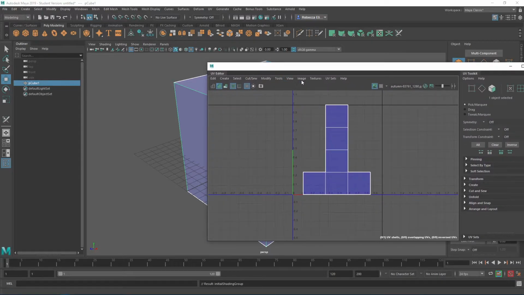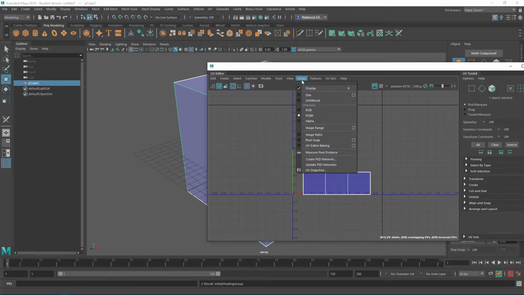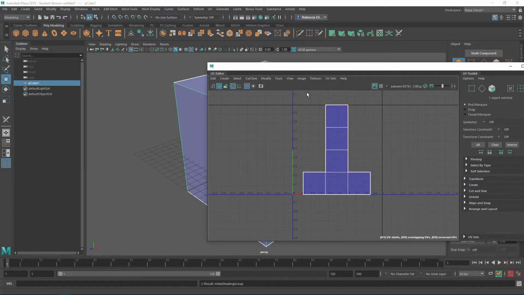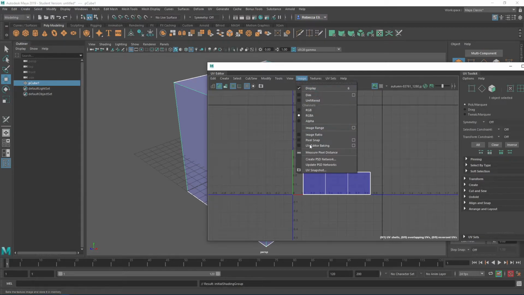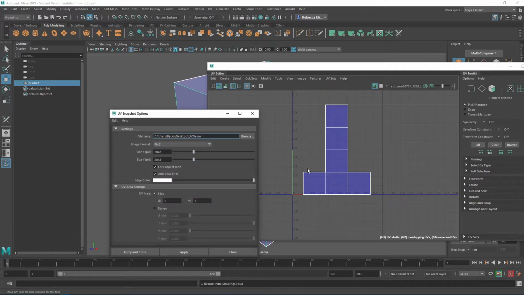In the UV editor, up on the main menu bar, you do have an option called Image. I'll show you PSD at a later point, but the one for more generic editing is called the UV Snapshot. What the UV Snapshot is going to do is make a graphical image of your choice that will actually record the outline of the UV shell. So to show you here, if I go under UV Snapshot,